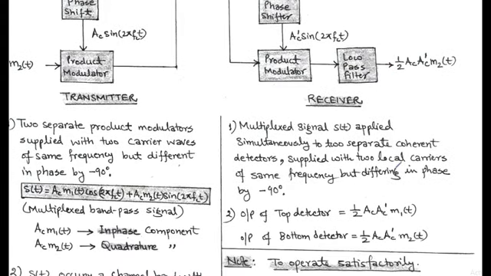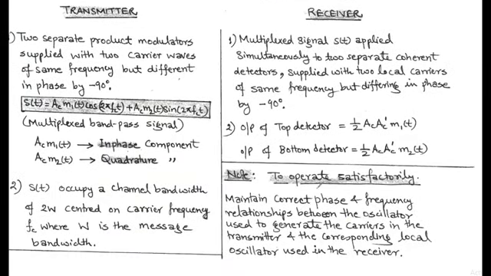And for the satisfactory operation of the quadrature carrier multiplexing, we must satisfy a condition. The condition is that we have to maintain the correct phase and frequency relationship between the oscillator that is used for the generation of the carrier in the transmitter and the corresponding local oscillator used